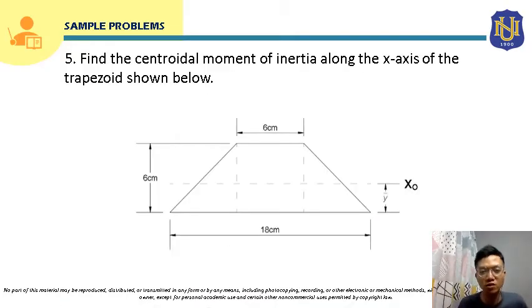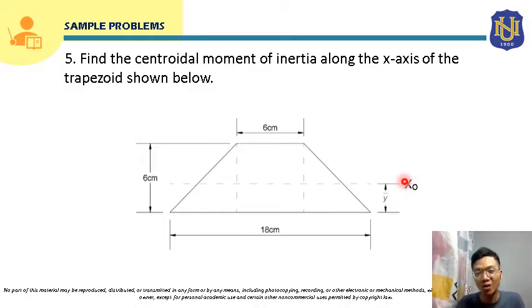Let's proceed now to sample problem number 5. Find the centroidal moment of inertia along the x-axis of the trapezoid shown below. So this is the given trapezoid. We are going to solve for its moment of inertia with respect to the centroidal x-axis. So this is the x-centroidal